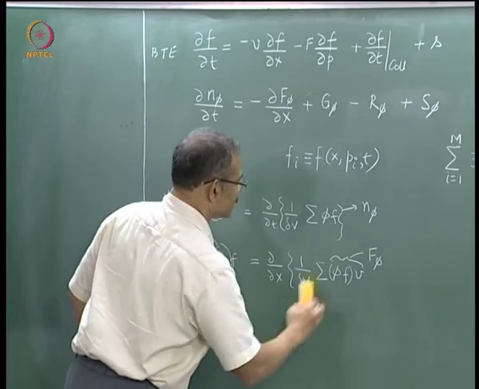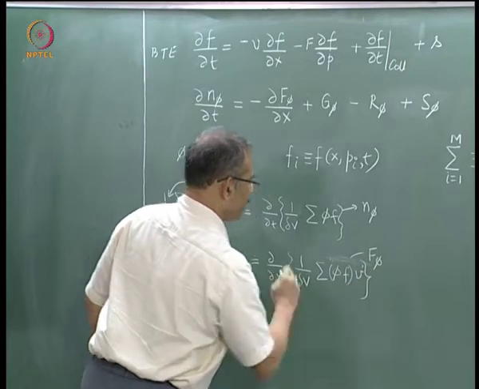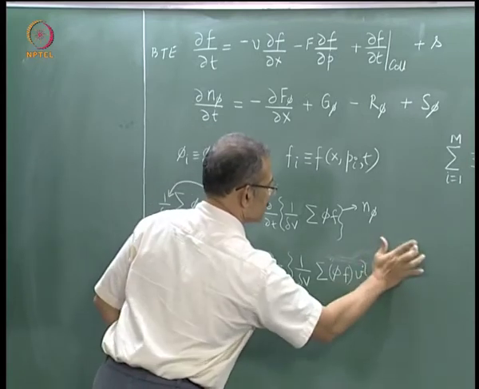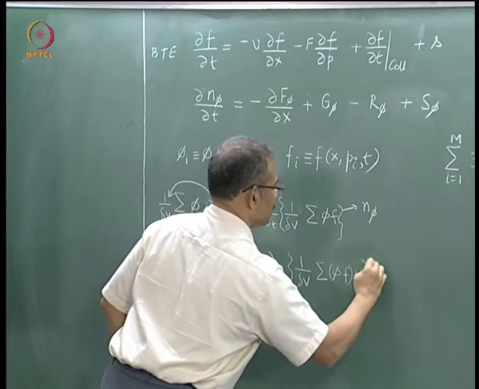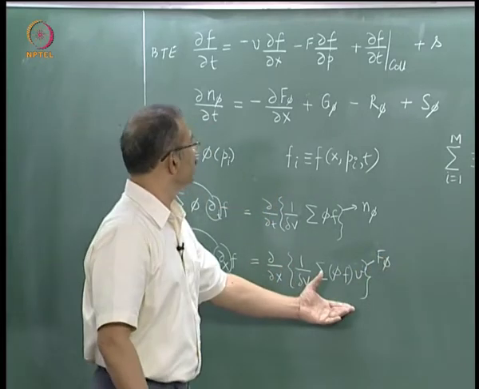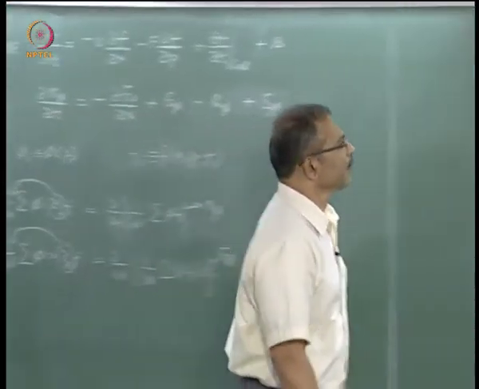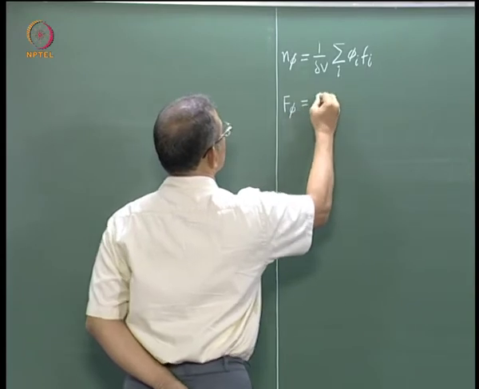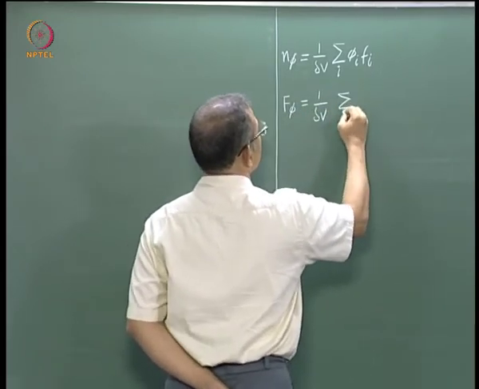Not just this, actually this whole thing within flower brackets. Okay, so this is the expression for your F phi here. So let us write that down. F phi is equal to 1 by delta v sigma i